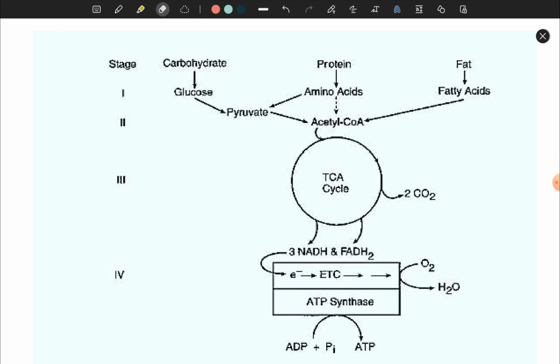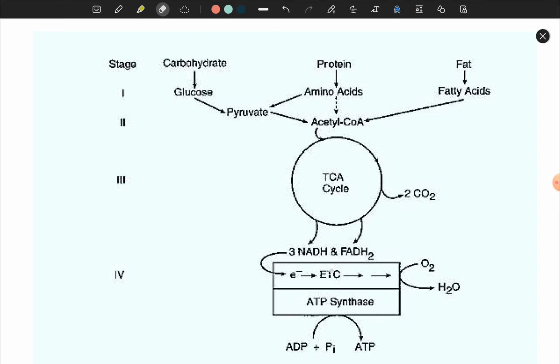They will give off in the form of 2 NADH, 3 NADH and FADH2, and in the form of GTP and ATP. Then these NADH, I told you that they have 3 ATP in each molecule of NADH and around 2 ATP-ish in an FADH2 molecule. So they will go to this cycle that we'll talk about today. It's called electron transport chain to form ATP to be used for your function.